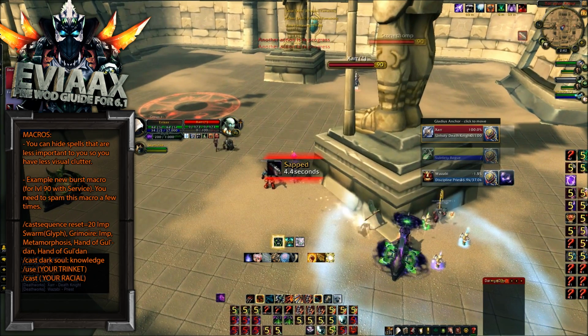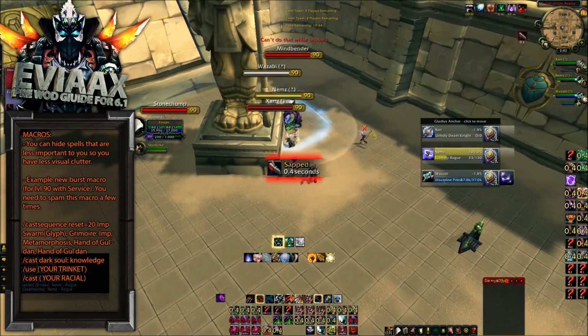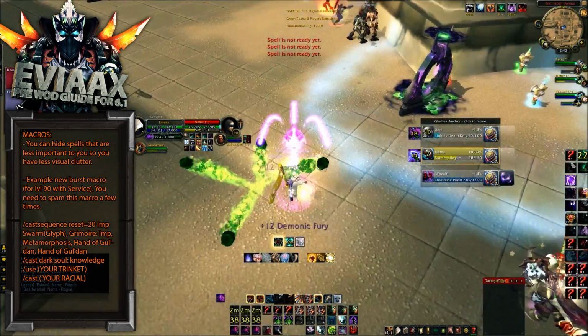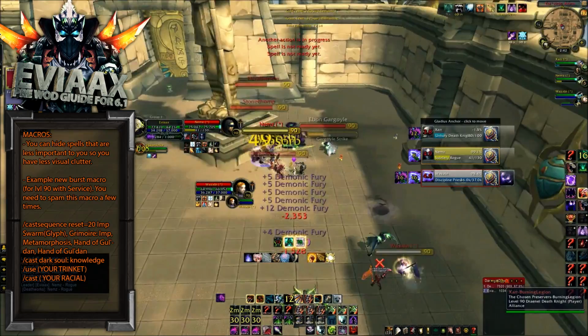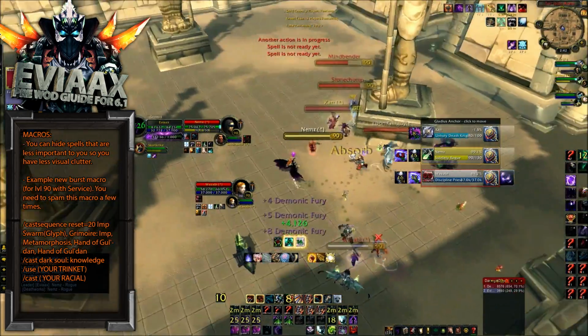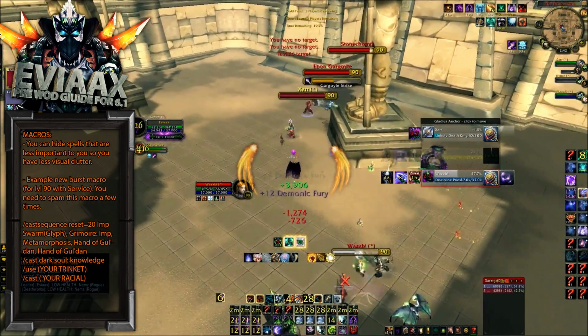So that I know where it's at, I know what binding it's set to. All I really need to keep track of is the Imp Swarm or the Howl of Terror or the Handle Gul'dan. Anything that has a cooldown I want to keep track of. So putting 3, it makes it easier for me to see what are the more important cooldowns I need to keep track of. So once you get a hang of your bindings, if you haven't already, I'd recommend putting like